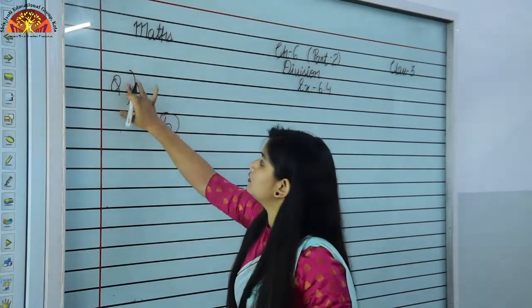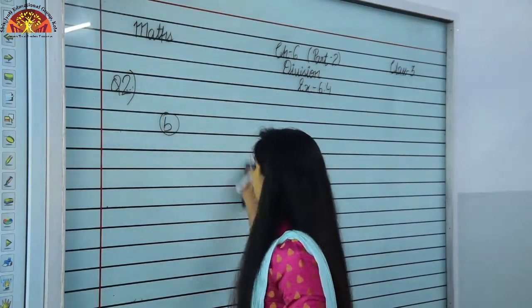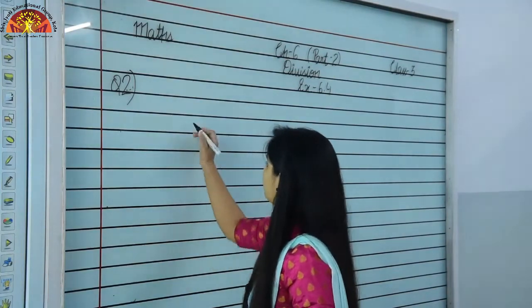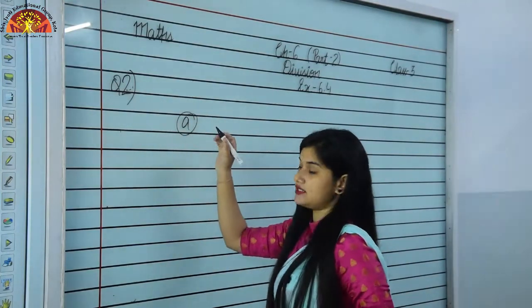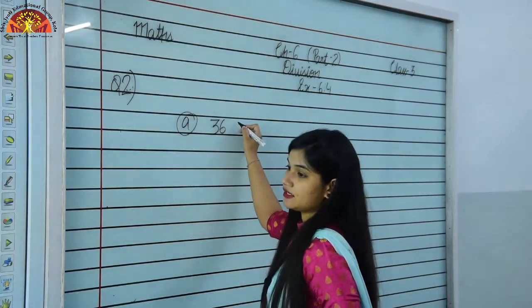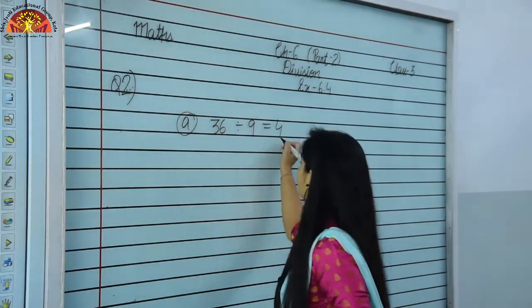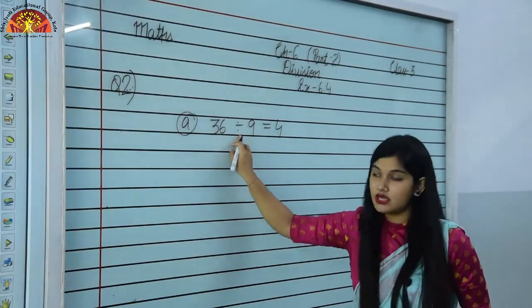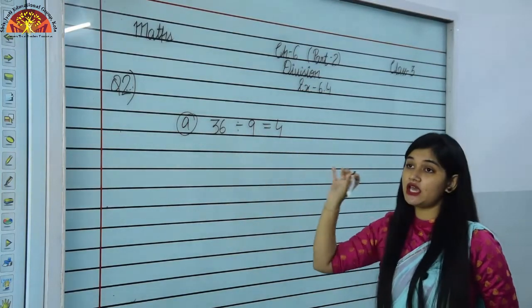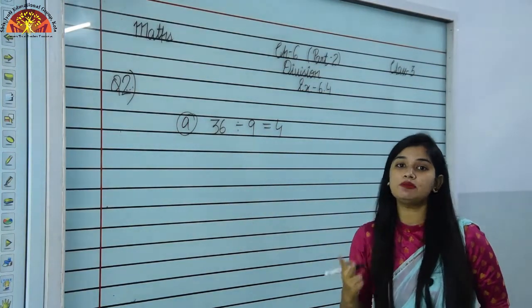Question number 2, we are taking A part, and the A part is 36 divided by 9 is equals to 4. As you can see the divide sign here, this is a division fact and we have to find two multiplication facts